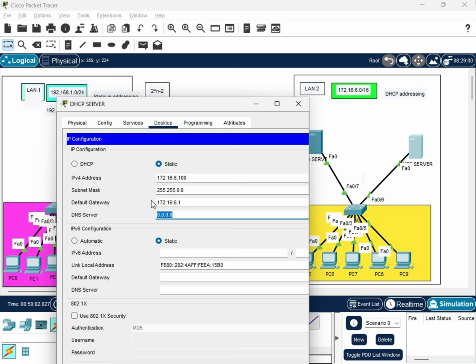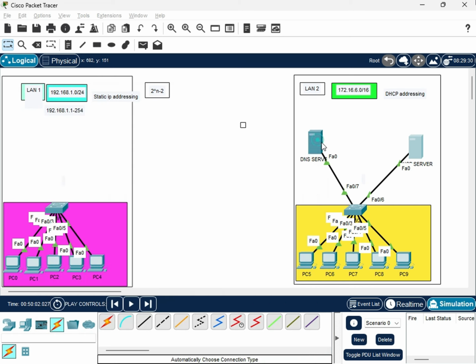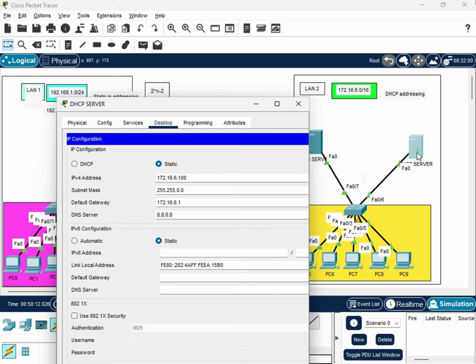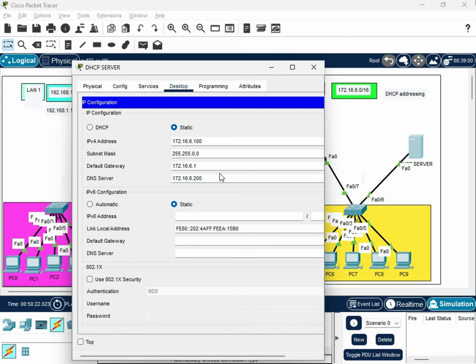Okay, and then the DNS server, we will point it to a DNS server that we will be configuring here. In this case, I'll just use 172.16.6.200. Alright, this is just going to be our network interface card